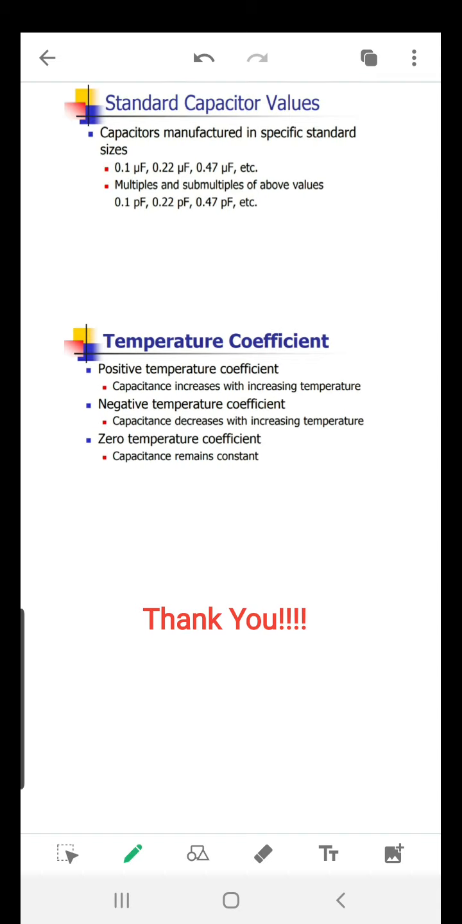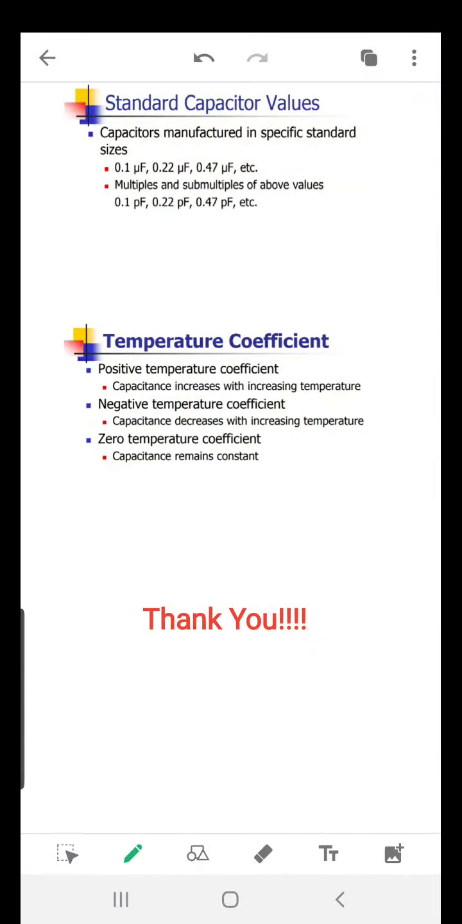So that's all for capacitance. Then in the next video, we will see some other